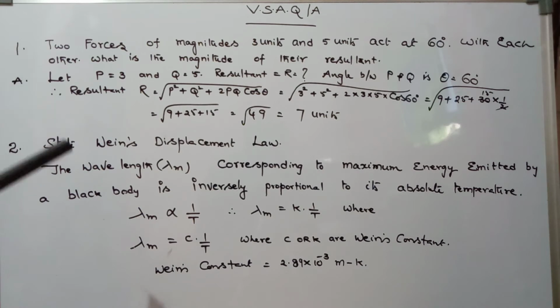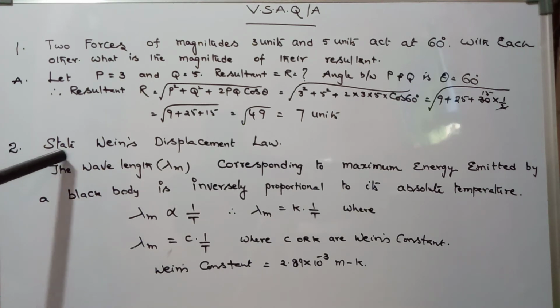In this universe, nothing can act exactly as a perfect black body, but two substances come close. One is platinum black and the second is lamp black. Lamp black acts nearly 96% as a black body, and platinum black acts nearly 98% as a perfectly black body. So nothing can act as a perfect black body.